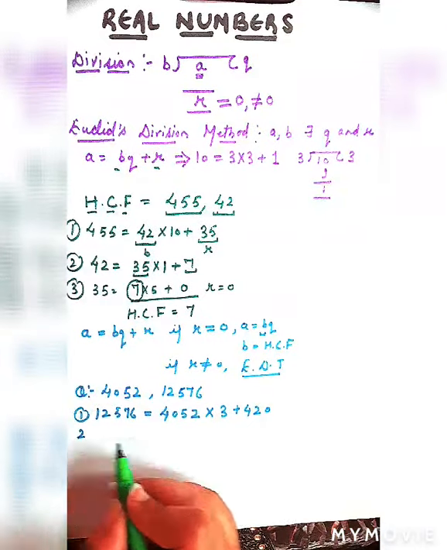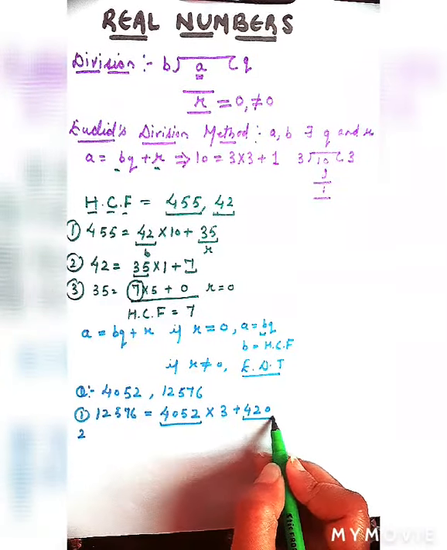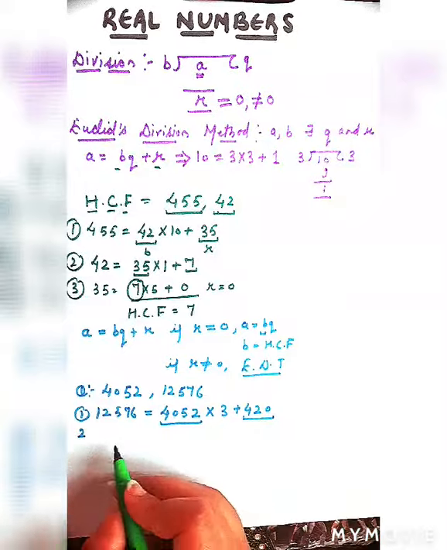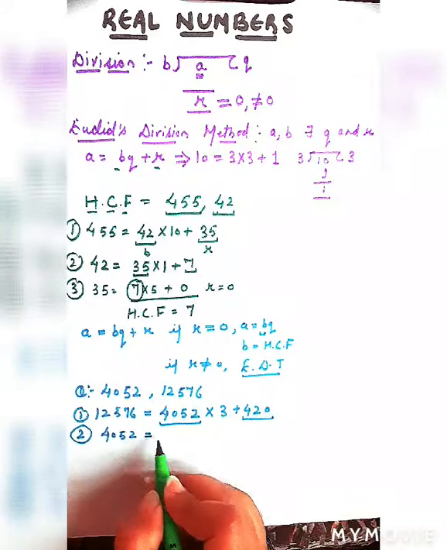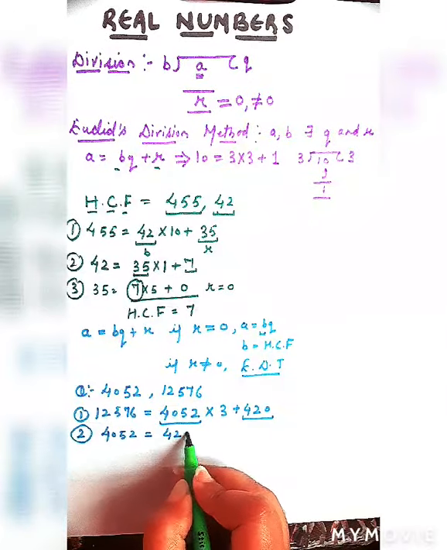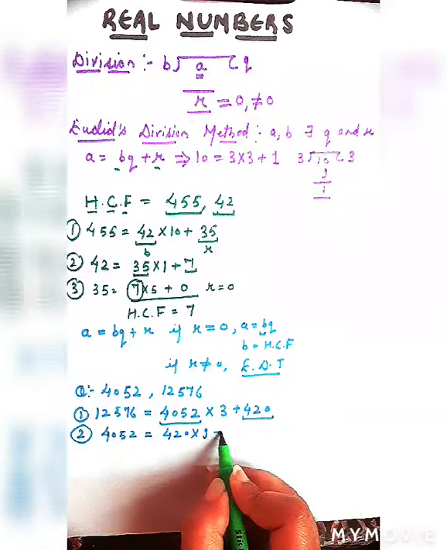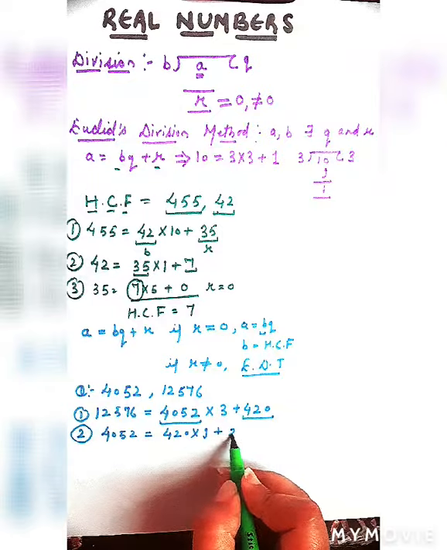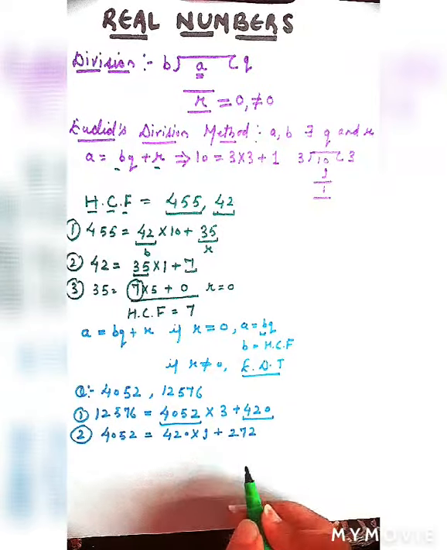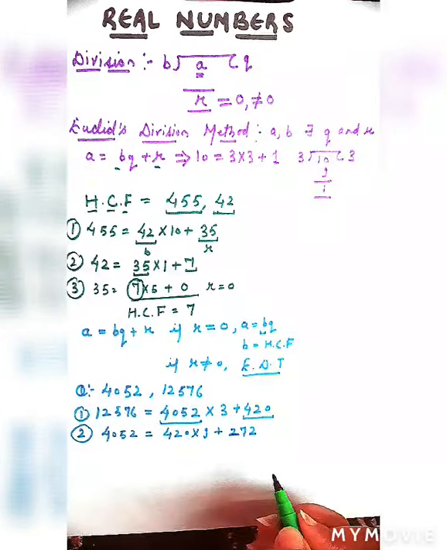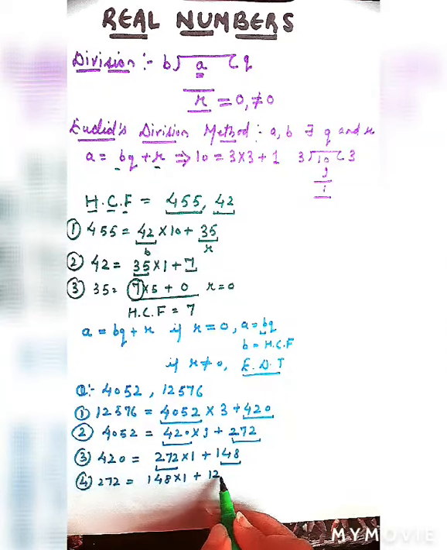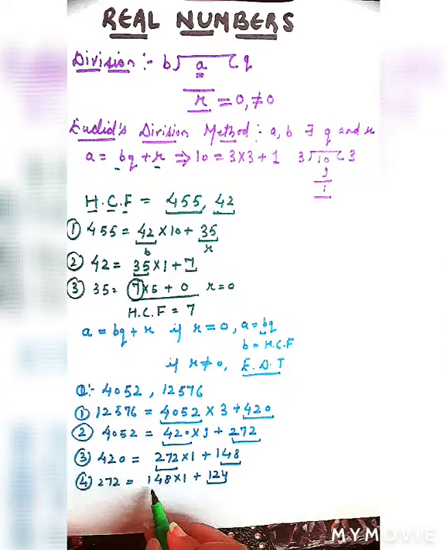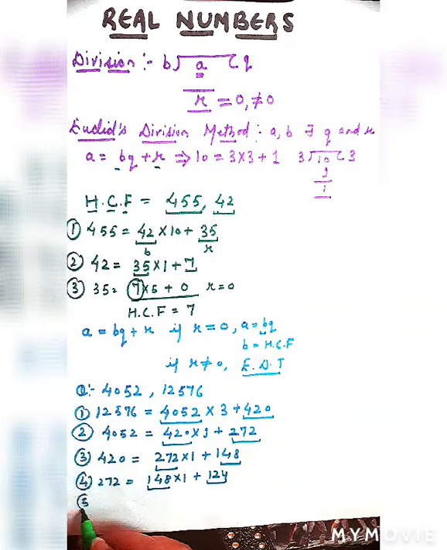Again we'll follow the next step after taking these two numbers. Fine. So in this step, 4052 on this side and 420, this will be multiplied with 9, with remainder 272. Fine. Again the remainder 8 multiplied by 1, remainder will be equal to 124. Again remainder is not equal to 0.